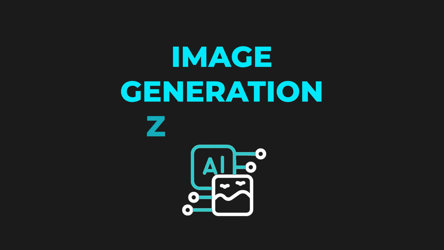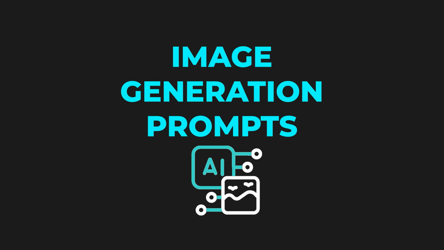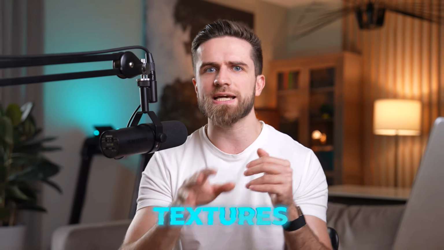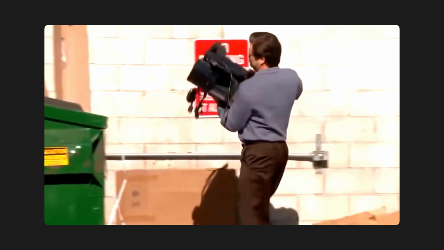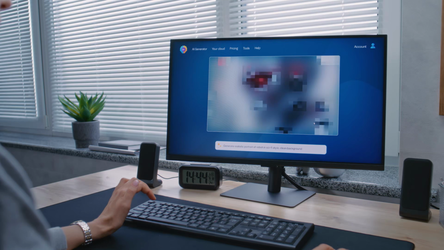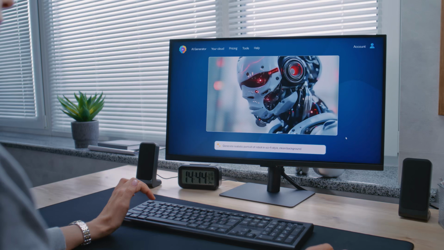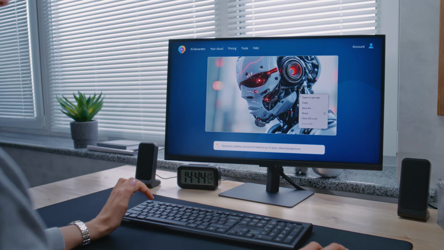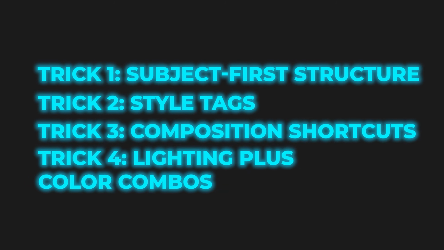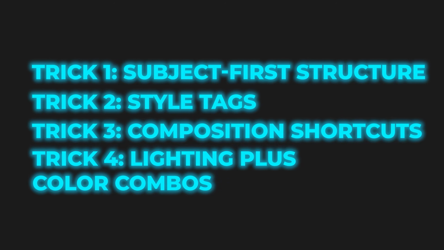And now let's talk image prompts. Image prompts are where people go absolutely overboard. They write paragraphs describing every detail, lighting, mood, composition, style, colors, textures, and then wonder why the result doesn't match what's in their head. The truth is that image models respond better to short, structured prompts than to long descriptions. This section covers tricks that cut your image prompts down to 10 or 15 words while improving accuracy.